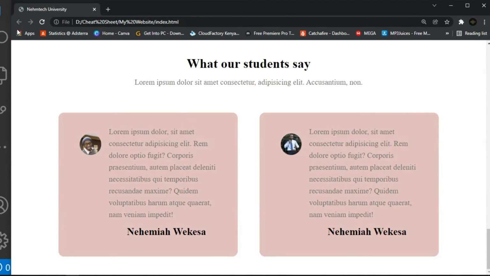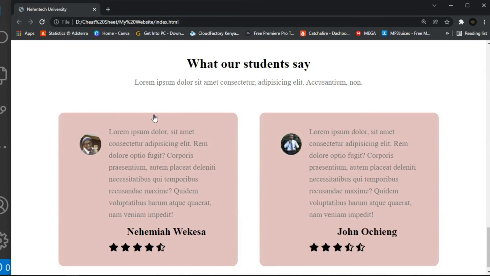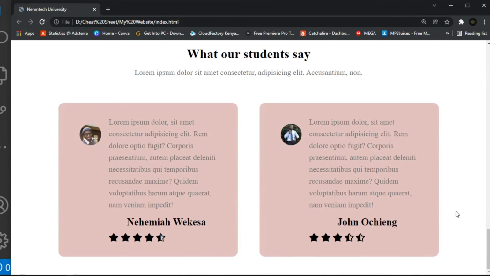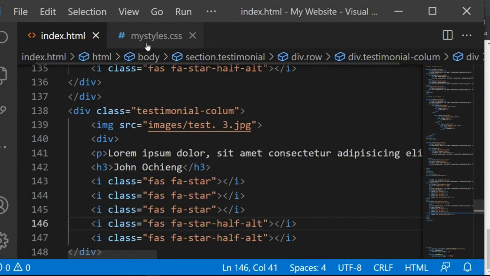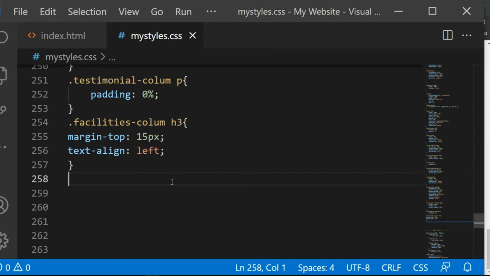your CSS now, and then refresh. So guys, you can see we have some of these icons. But this text for H3, let me align them to be at the left hand side. So let me go to my CSS, but now we want to style these icons to change the color, perhaps